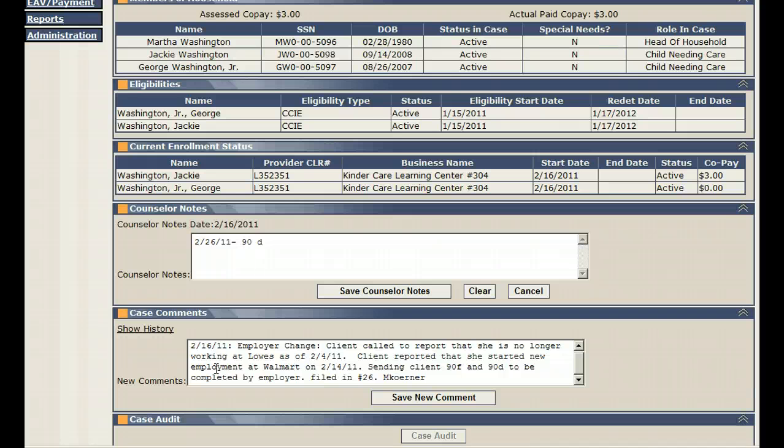So the client has called and reported that she has stopped working at Lowe's as of February 4th and that she started working at Walmart on February 14th. Also indicated what we've sent the client and where we've placed the file, which is in the pending drawer number 26, since that's the date that everything is due back to the office. At this point, we will save our note